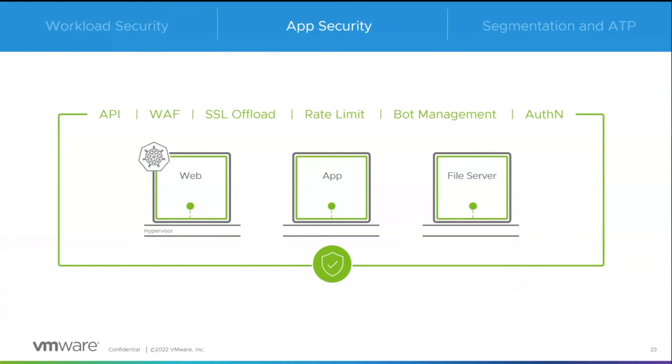Next, we secure the web applications and API calls from malicious attackers and bots originating from the internet. Our software-based Elastic Advanced Load Balancer, AVI, with Web Application Firewall makes it significantly easier to protect the web apps. And it has all of the modern defenses that you'd expect built into it.